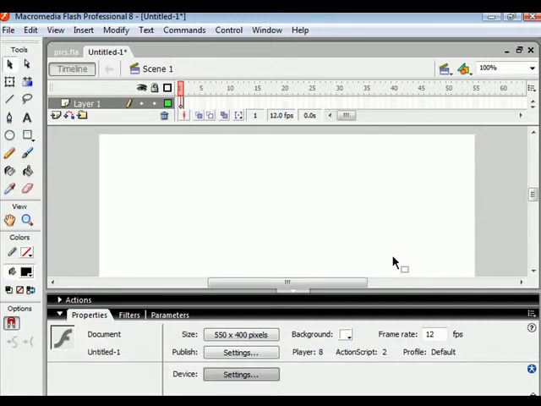Hello, today we're going to be looking at how to produce pictures for educational purposes using Flash Professional 8. Now Flash is an extremely rich and complicated program, and we're going to be looking at only one rather basic use of it. If you're producing pictures for educational purposes, you might like to have them in a digital format so you can use them online, or also in such a way that you can print them out for paper-based